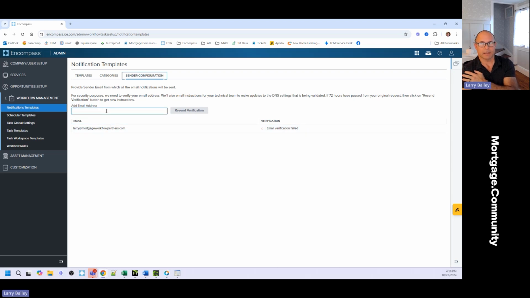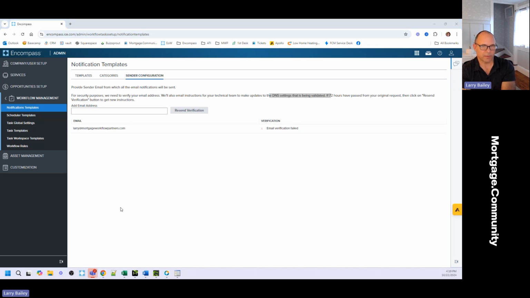So it's probably better to come out from your domain. So you would enter your email address, send verification. The verification instructions that are on there will give your team the ability to configure the DNS. This is one of the best ways to send email confirmations because the email passes through your DNS settings, not through SMTP and not through Outlook.